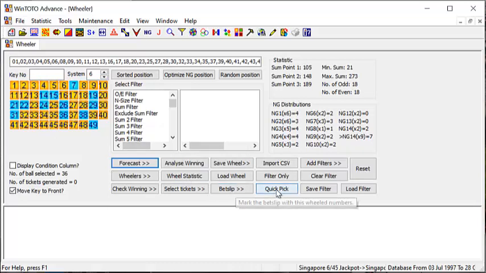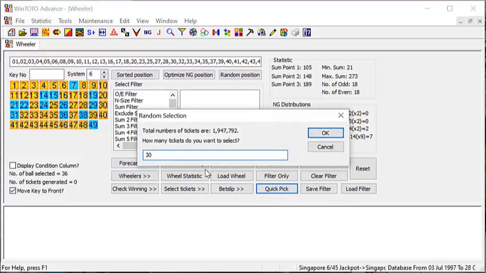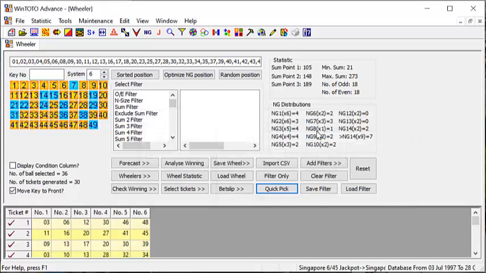Right, and then over here in version 3.8.8.0, you click under the Quick Pick. You can decide the number of tickets that you want to buy. For example, if you think that $30 is all you can afford, then just take 30 tickets and click OK. And you find that it immediately generated 30 tickets for you. And these 30 tickets are generated from this group of numbers, which you know is standing a good chance. On top of that, you're playing every single draw within your budget.